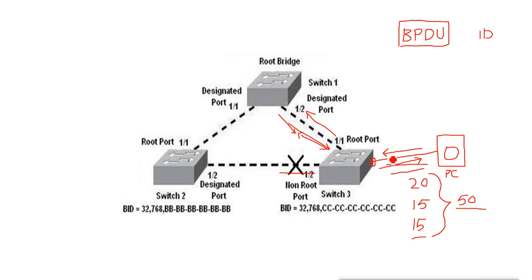Now, how do they use this? This is the port status of STP. How do they detect the looping port and how do they block this looping port? For that, remember, they are exchanging these BPDUs. So with the help of these BPDUs, first they do what?